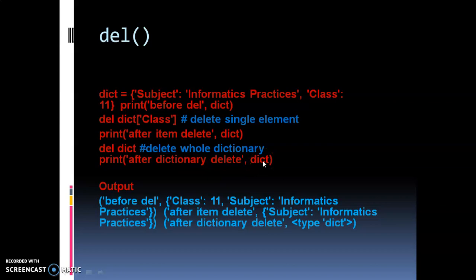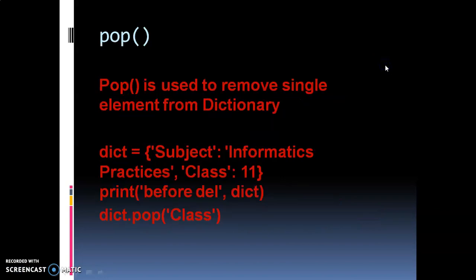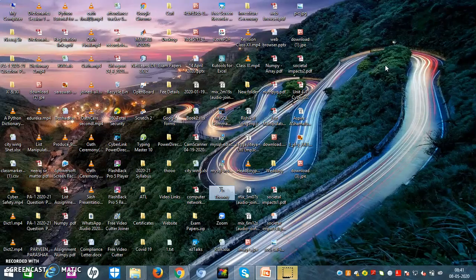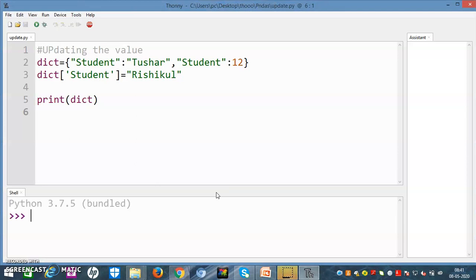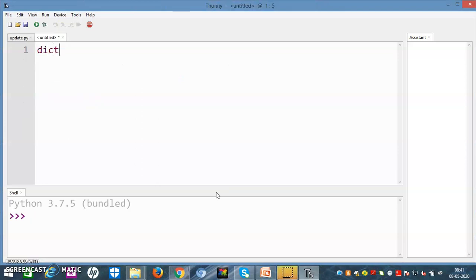Now I am going to my favorite thing, I am going to Thorny again. Where is my Thorny? And let us perform how deletion can be performed. I will make a dictionary equal to this, student.